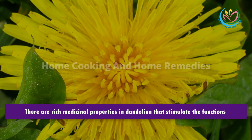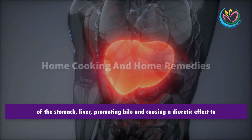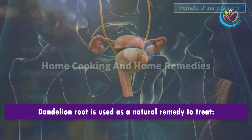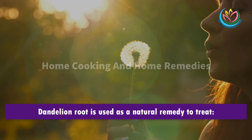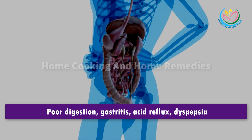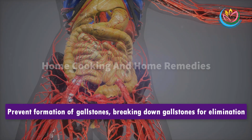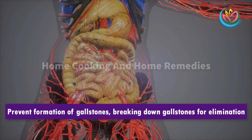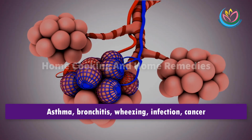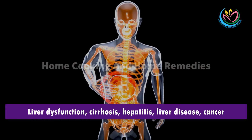There are rich medicinal properties in dandelion that stimulate the functions of the stomach and liver, promoting bile and causing a diuretic effect to eliminate toxins and metabolic wastes through the urine. Dandelion root is used as a natural remedy to treat digestive disorders, poor digestion, gastritis, acid reflux, dyspepsia, gallbladder, prevent formation of gallstones, breaking down gallstones for elimination, lungs, asthma, bronchitis, wheezing, infection, cancer, liver, liver dysfunction, cirrhosis, hepatitis, liver